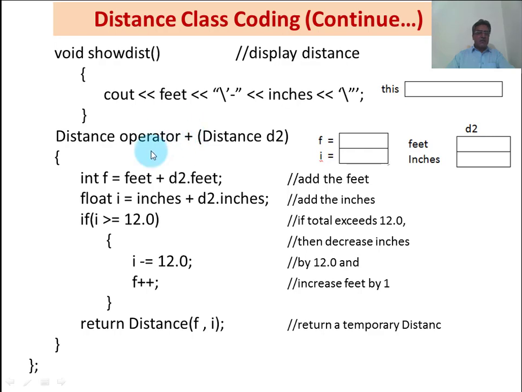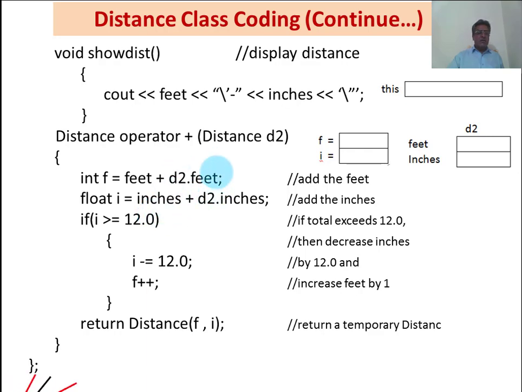But now we are going to extend the capacity of the plus function, and it will perform operation on two objects. It will be able to add two objects and return the result of that addition. How this function will work, we will see in the implementation session in the next few slides.